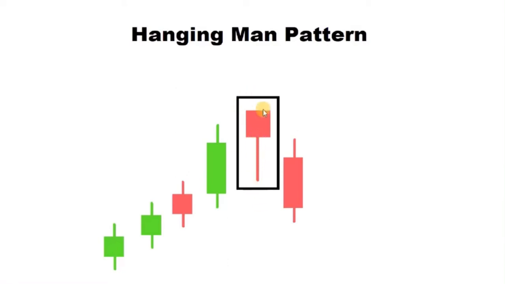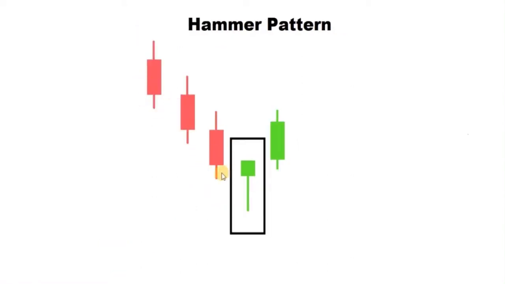Now if this candle is found in a downtrend, then it is called a hammer candle, and if it is found in an uptrend, you can see this is an uptrend, and in an uptrend we have found this candle, then this is called a hanging man candle. See, this is a downtrend, and if we get this candle in a downtrend, then this is called a hammer pattern. The candle is the same, it means we should get a real body at the top and the shadow should be at least twice the real body. In a downtrend, it is called a hammer candle because it hammers out the bottom.